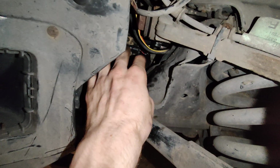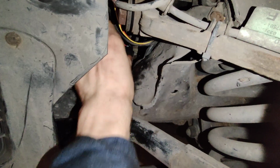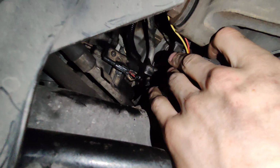So after the engine is lowered, slightly lower than where the engine mount usually has it, you shove it in there, you lift it up, and then you can sort of jiggle it and get it through here. Right now there isn't enough space. Yeah, I don't think you could get the engine mount through there right now. Even though it looks like enough space, the engine mounts are deceptively large. Once you get it in there,